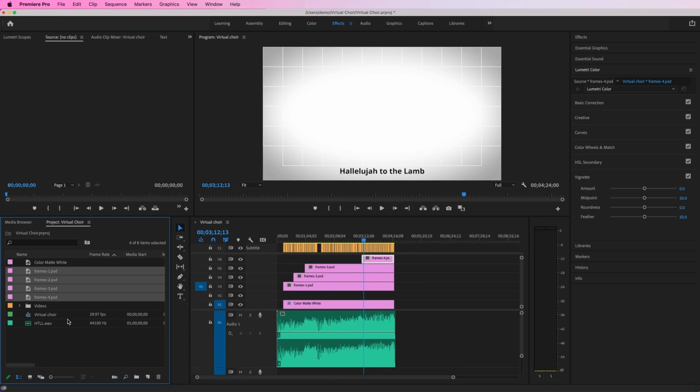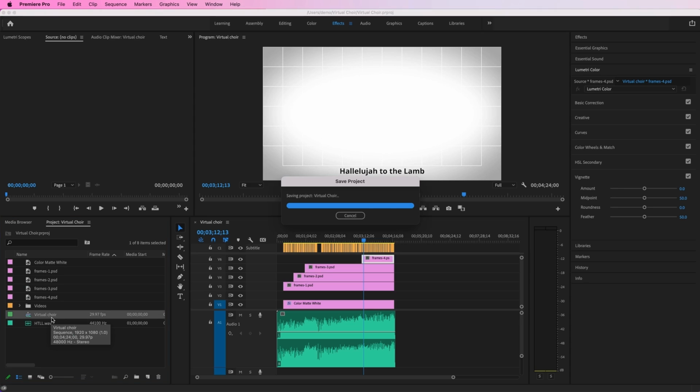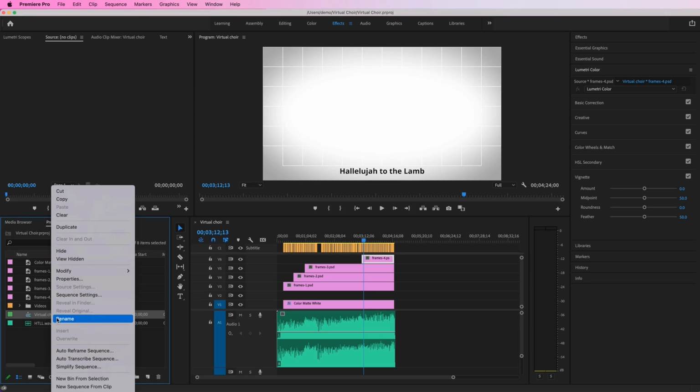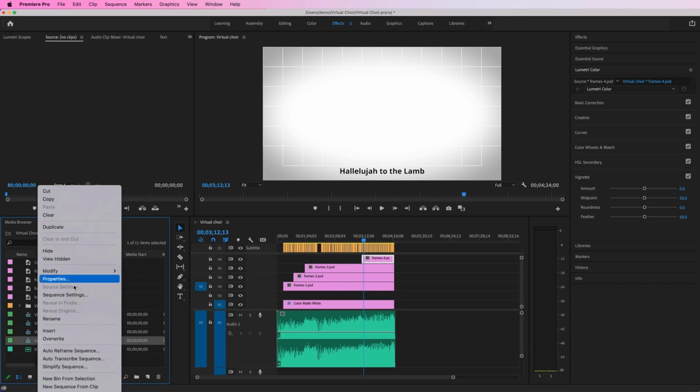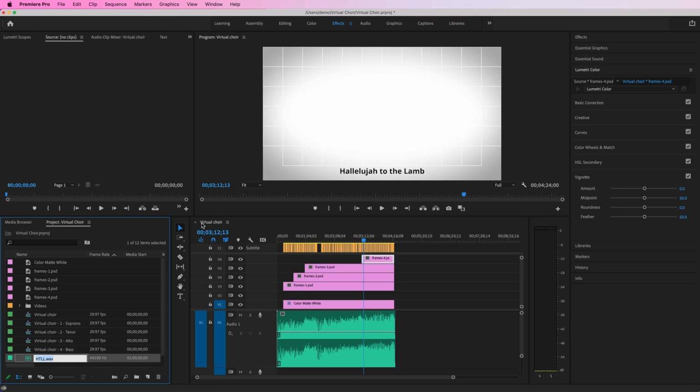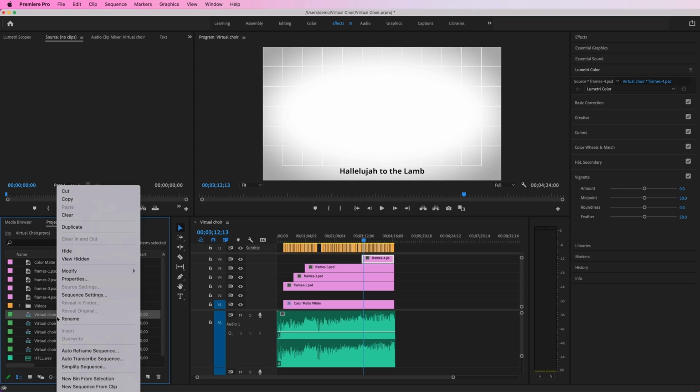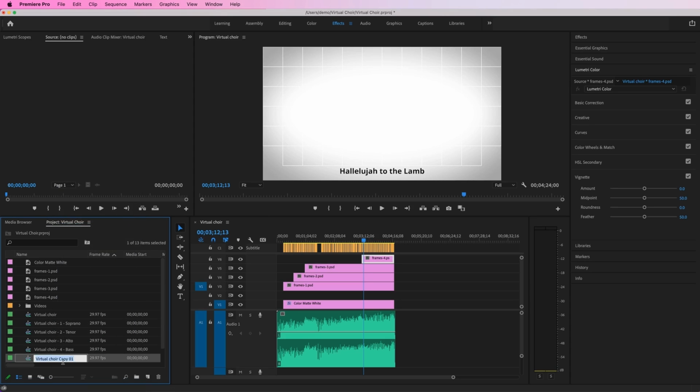So here, let's quickly save this. I will just duplicate the sequence and name it something you can tell what it is. Soprano, or one soprano. I'll just do it like that. And then I just want to keep this sequence for reference sake, and I want to make a final one. So this will be the final working sequence. So I will close out on this,